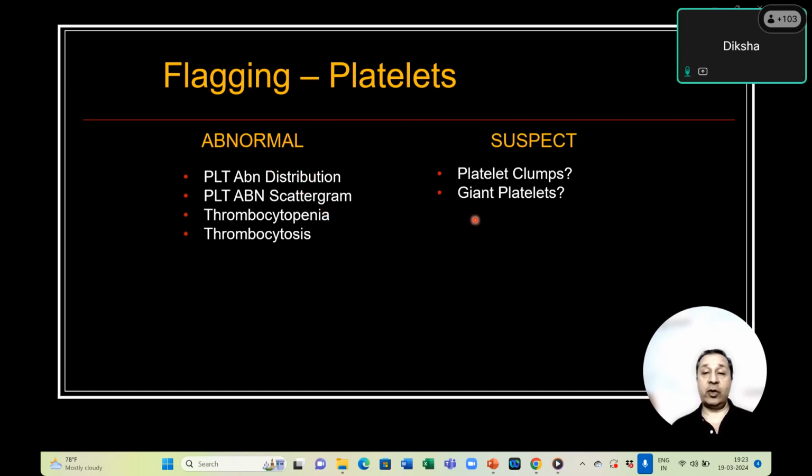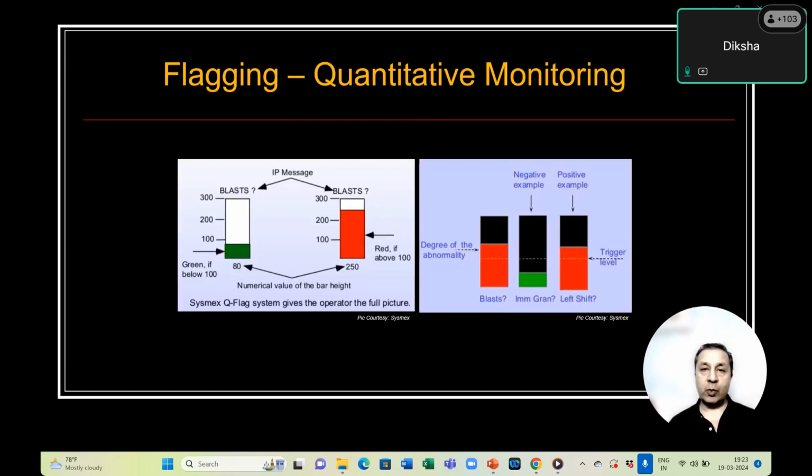And then you can also have suspect flags like platelet clumps and giant platelets. So all of these are classical flagging for platelets. I was mentioning quantitative monitoring of flagging, and these are the pictures from the Sysmex analyzers, wherein we